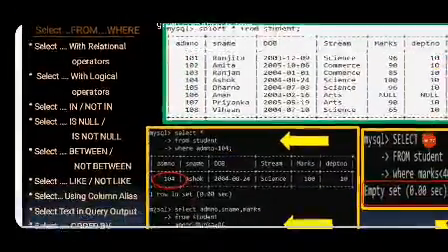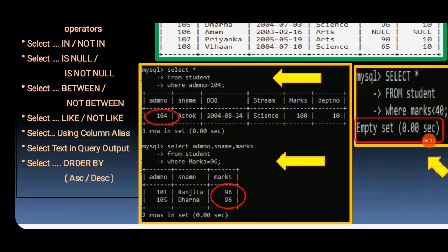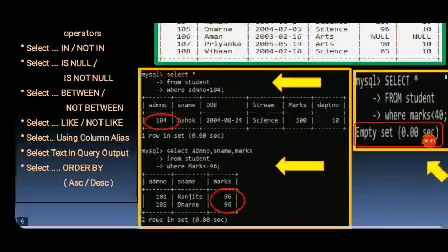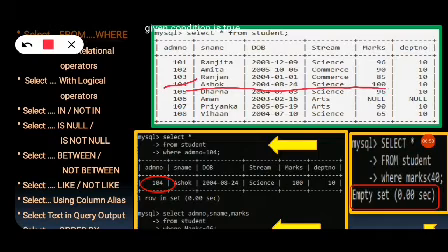Now let us see how to write the query. Like if we write select star from table name where admission number is equal to 104, it will check where the admission number is 104. You will get over here admission number 104. Since we have written star in our code, the whole tuple will come as our output. You can see over here.